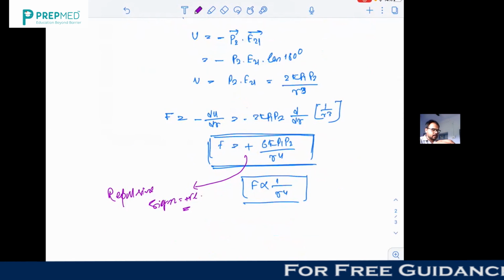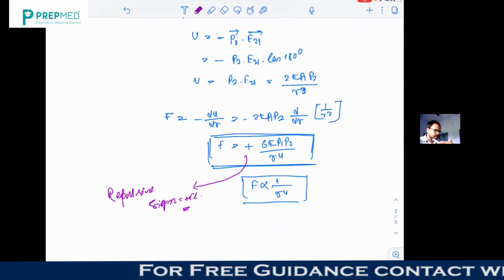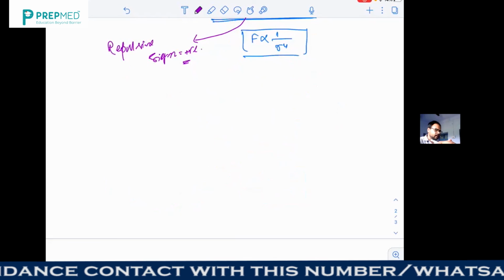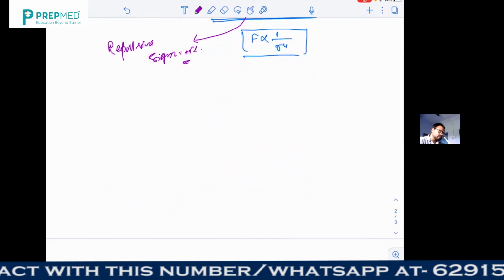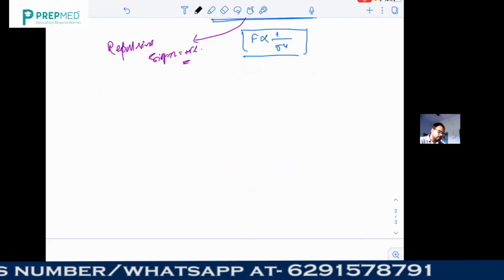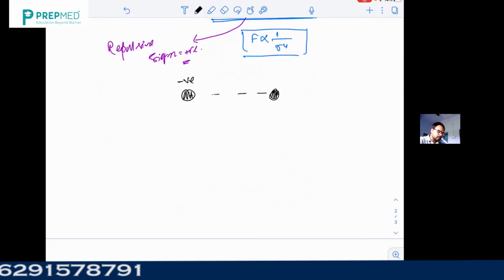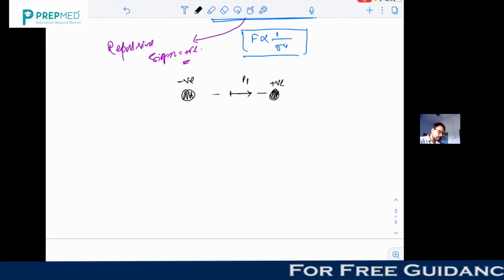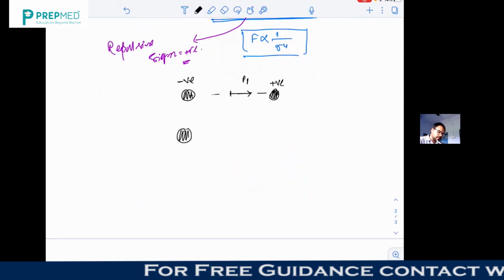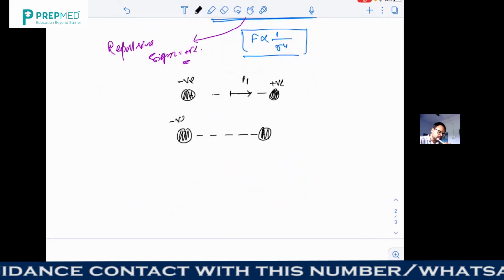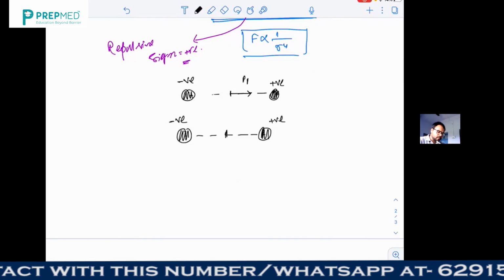Now, we are going to have this topic in the next class: whenever two dipoles are placed at equatorial points, what could be the nature of the forces? Like we have one of the dipoles here, say this is the negative charge, another charge is here, this is the positive charge. So you can understand the dipole moment is along this direction. And we have another dipole, say this is dipole P1, and here the dipole is placed like this. Okay, this is the separation. Say this is the negative charge, this is the positive charge, and this is the dipole P2.